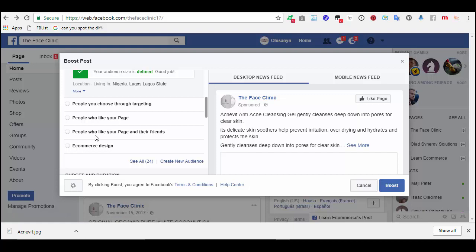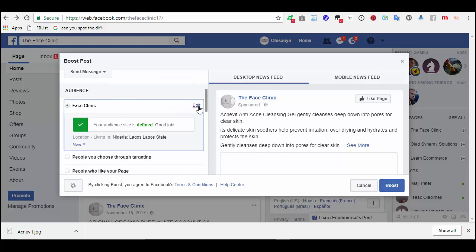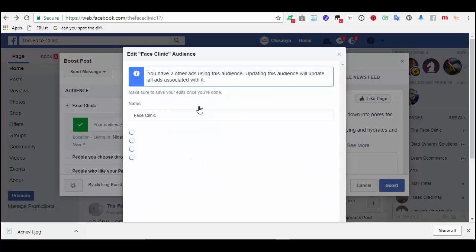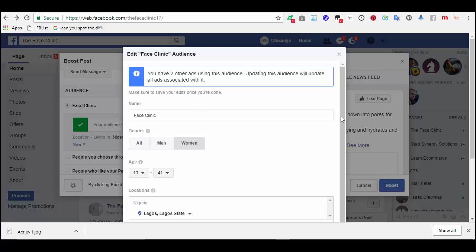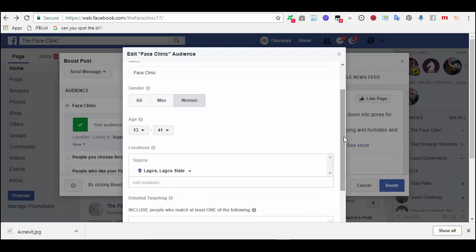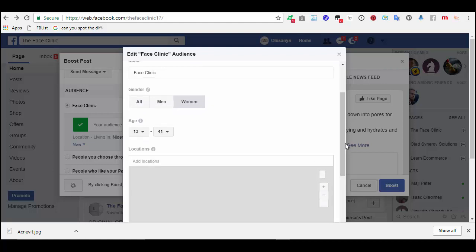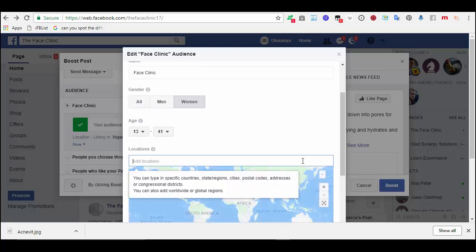We can also use that. Now I can edit this. This one is just Lagos State. I want to target the whole of Nigeria, because I don't know where my customers are coming from, so I'm deleting this. So I put Nigeria.